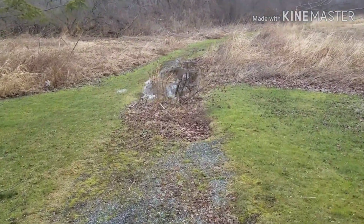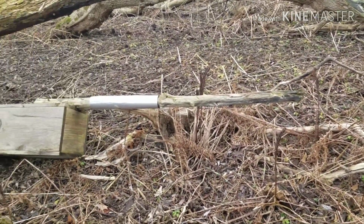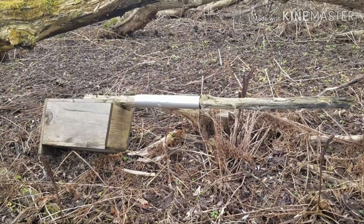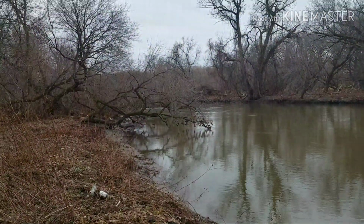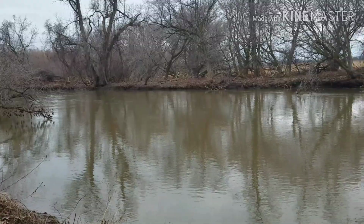There's always been a boat launch here, but about 25 years ago, they made it nice. They put the walking trail in. Now you see it's starting to get beat up again, like this duck house. That's not helping anybody. Maybe it's time to do a little bit more sprucing up, but it is a beautiful